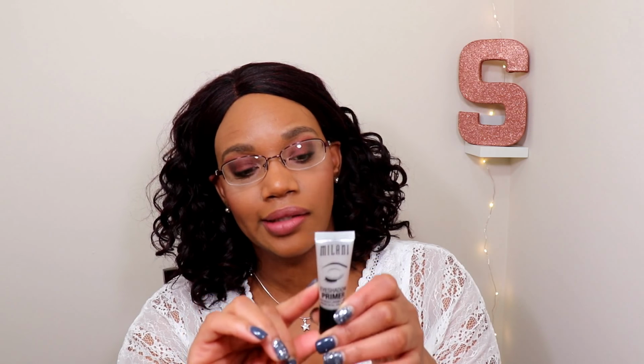So a lot of times I would just put the primer on and put on a little bit of eyeshadow. I've been doing that, I want to say, every day for at least the past week. So I've gotten a good amount of use out of this in a short amount of time because I have been really liking it. I do think that it's worth the $6.99 price tag,